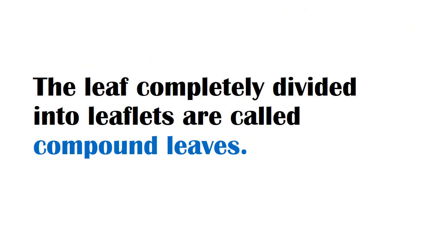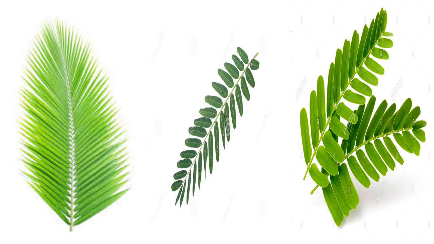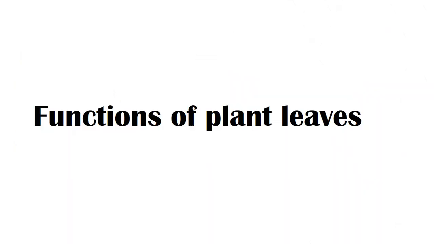The leaf blade of a compound leaf is completely divided into small leaf-like parts called leaflets. These types of leaves with leaflets are called compound leaves. Along the midrib there are many small leaflets, so we call it a compound leaf. Coconut, Katurumurunga and tamarind are examples.